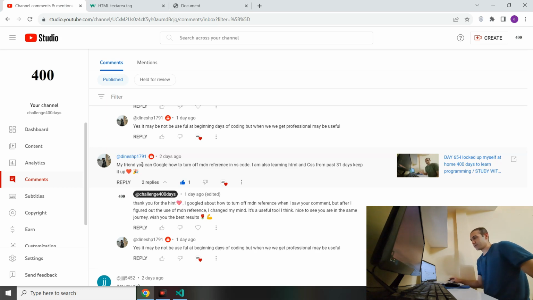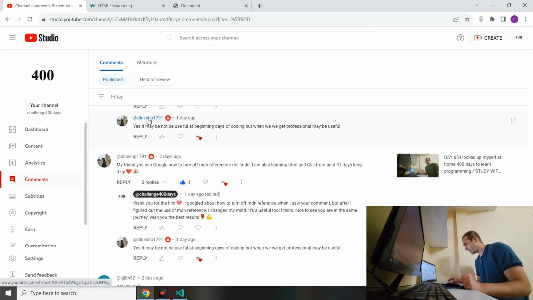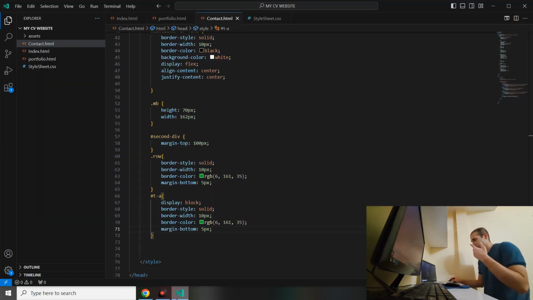This friend, one of my friends in Discord, Tomislav, told me how I can change multiple lines at once. So first, there are two methods for that. My friend told me that if I want to change a couple of words in VS Code at the same time,